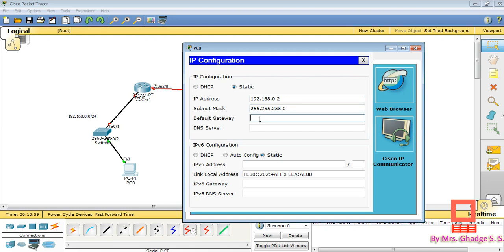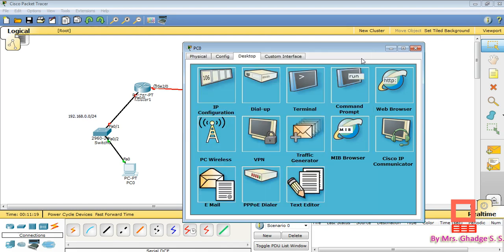This is perfect. Then next we have to write the default gateway, which we will configure further: 192.168.0.1. Okay, so that's it for PC0.